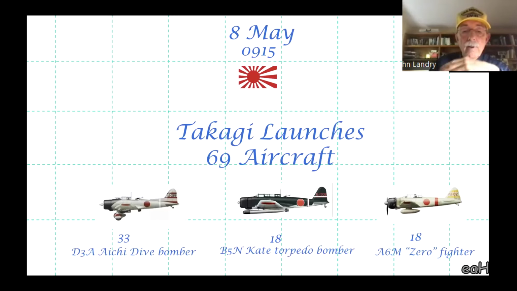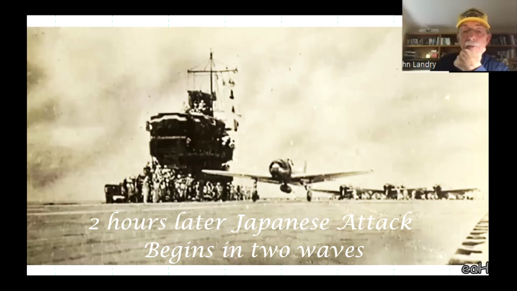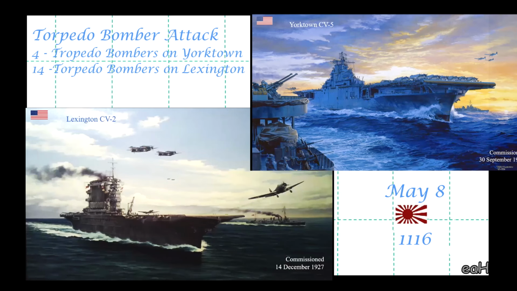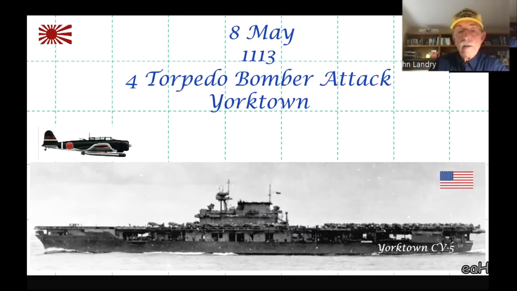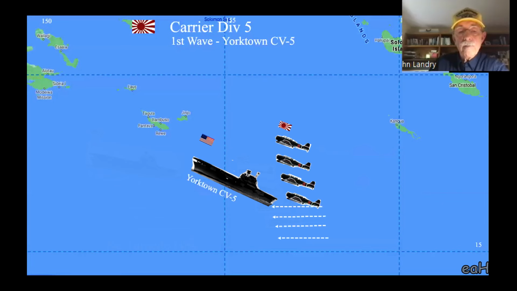The Japanese have launched an attack on us at 9 o'clock in the morning. Takagi or Hara launches 69 aircraft. And 2 hours later, two waves of torpedo attacks are made on the Yorktown with 4 torpedo bombers, and the Yorktown is able to evade